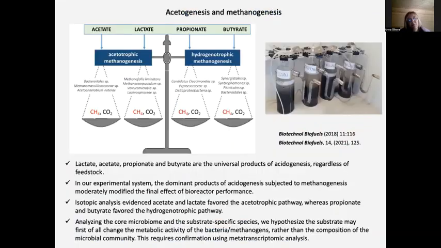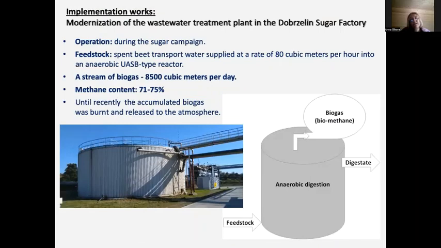So we used as a feedstock artificial media containing one dominant product of acidogenesis: lactate, acetate, propionate, or butyrate. And the artificial media were processed by methane-yielding microbial communities in a long-term system in